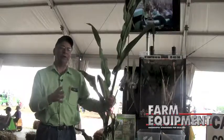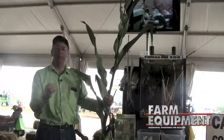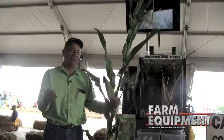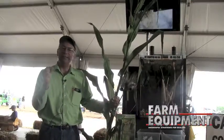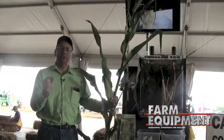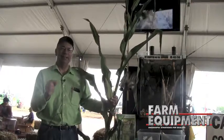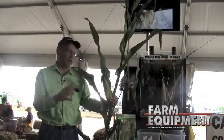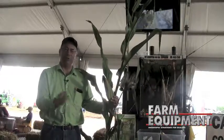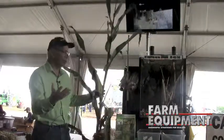One of the things that we've been working on for many years is a way to chew up the corn stalk as it goes through the rollers so we can make smaller pieces that are going to decompose. My feeling as a long-term no-tiller is that great seed to soil contact in the spring starts with fantastic residue to soil contact in the fall. Therefore, at my farm, we want to chew it up into little pieces. We want to get it on the ground. We want to get it next to the soil because that's where the microbes, the bacteria, and the earthworms are at. So during corn harvest,